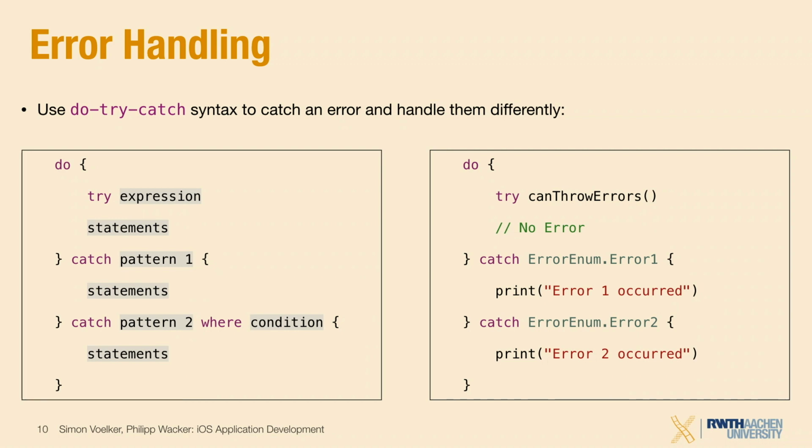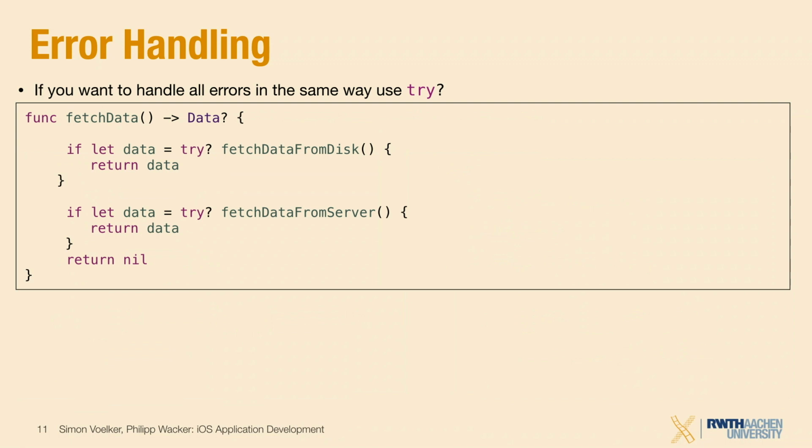However, there's a much faster way if you don't have these different error types, or if you don't care about these different error types. If you just say, okay, I want to just try a function. If it doesn't work, yeah, it doesn't work. I react with one answer. For example, if you load an image which is just not there, you cannot provide a lot of information for the user. You can say, okay, the image is not there for any reason, I don't know. And for this one, you can basically use this try with a question mark at the end, basically saying, I'm ignoring the whole do, try, catch environment. I would just want to try it. And if it fails, I will just have one